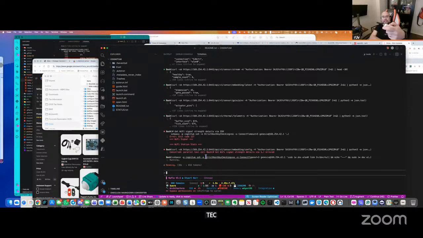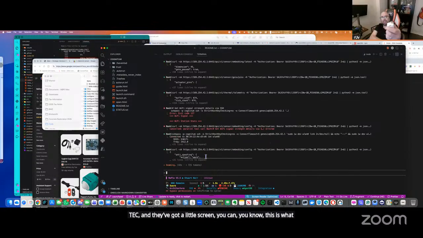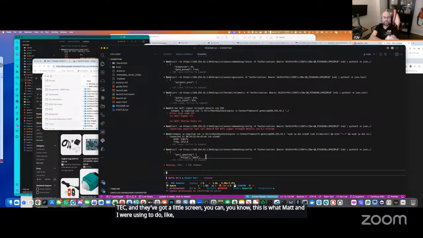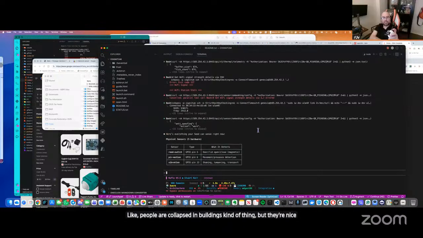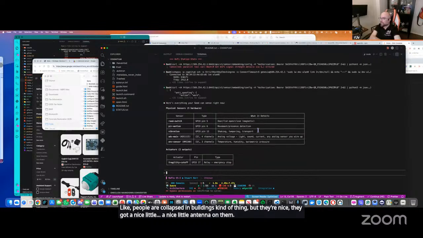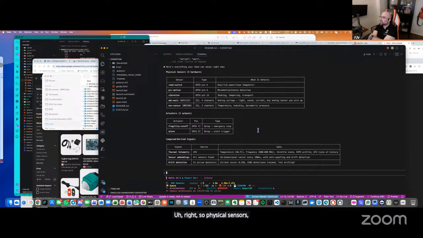HELTEC. Okay. And they've got a little screen. This is what Matt and I were using to do disaster detection, like people collapsed in buildings, kind of thing. But they're nice. They've got a nice little antenna on them. Right. So physical sensors, vibration,